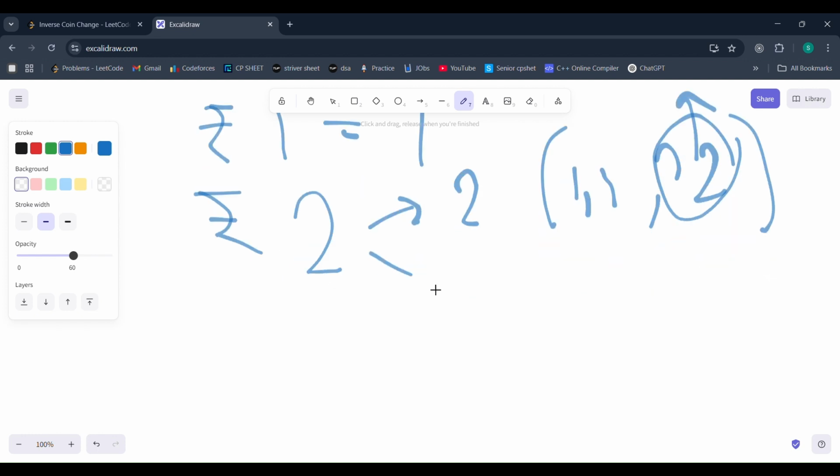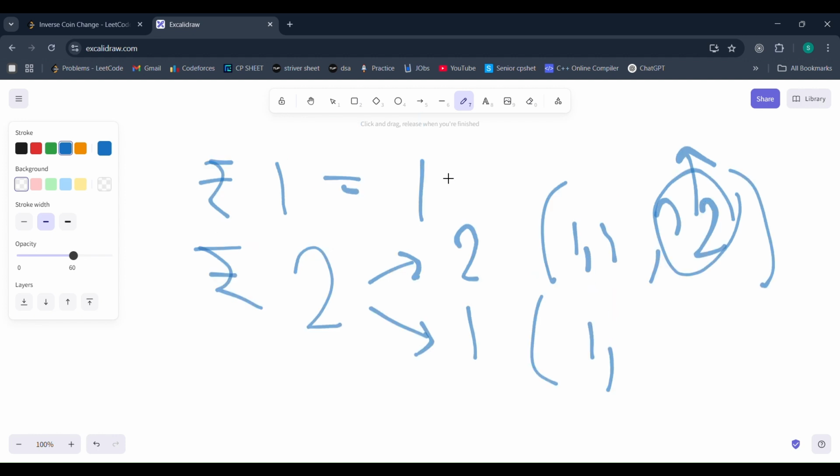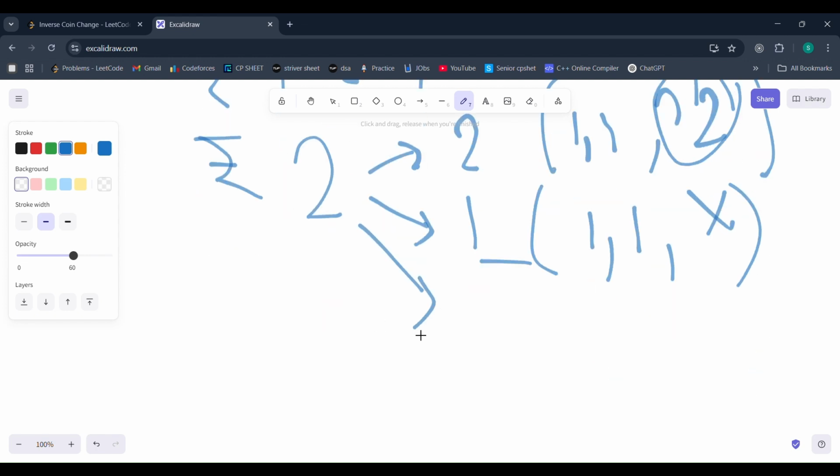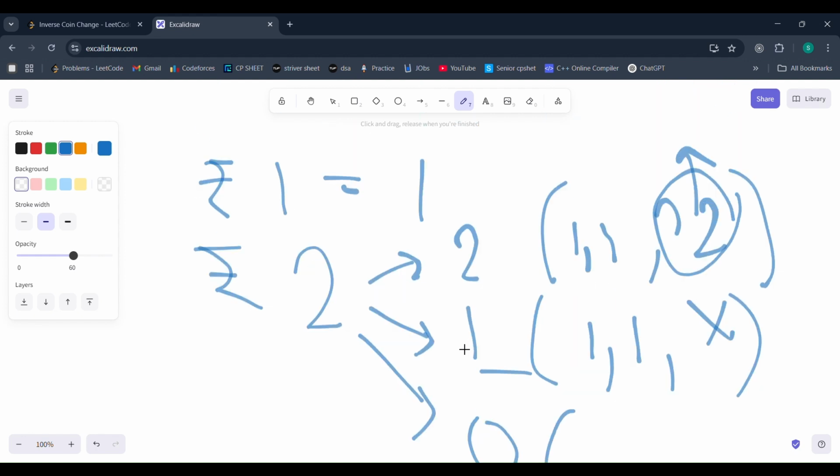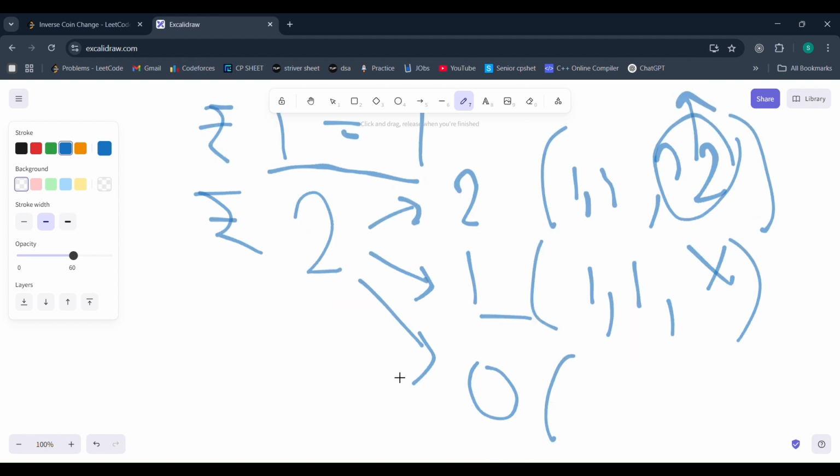Right? Or it could have been that rupees 2 was 1. That means 1, and if 1 was present, right? So 1 and 1, and there was no 2 rupees coin, so this is the only possible way. What if there would have given 0, right? Bhai, if I can make rupees 1, couldn't I make rupees 2? And that's impossible, right? So that means if something like this occurs, we will simply return